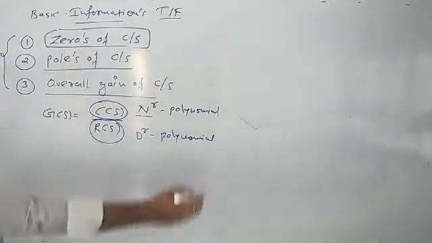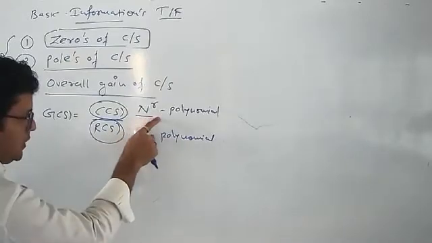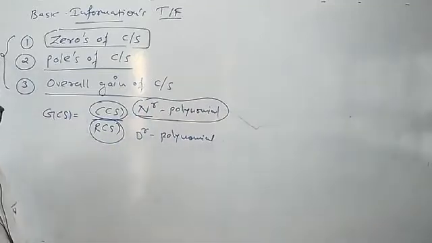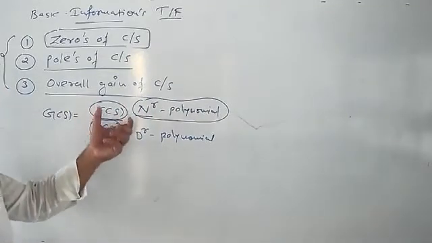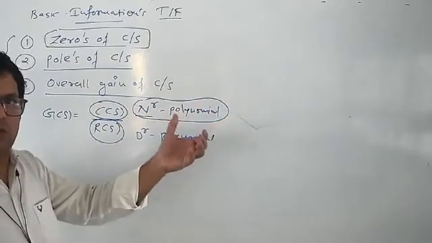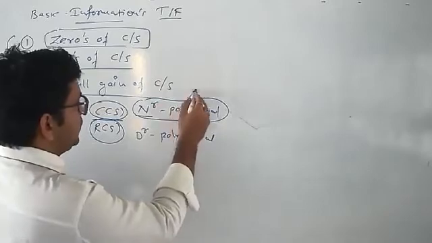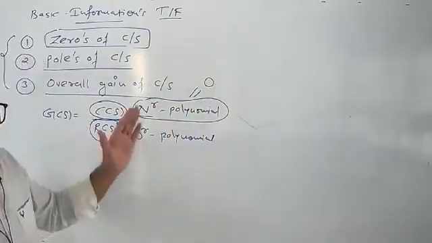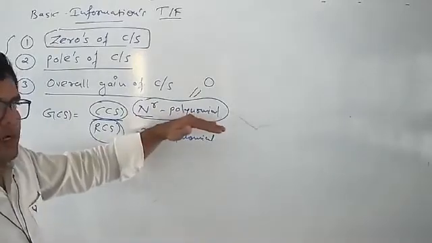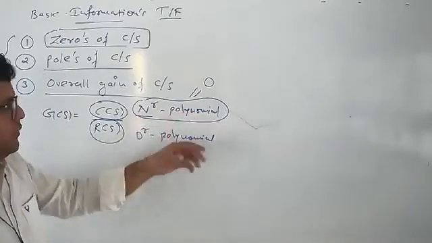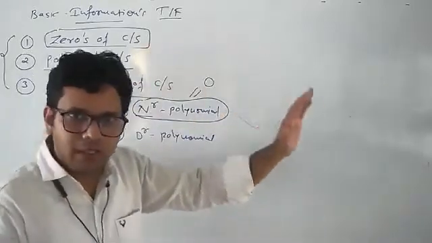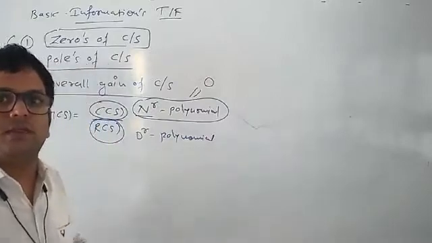Now, what is the meaning of zeros of control system? Zeros are nothing but the roots of numerator polynomial of transfer function. कहने का मतलब ऐसा है कि न्यूमरेटर में जो भी पॉलिनोमियल फंक्शन है that we have defined in terms of frequency domain, और you can say S domain, इस पर्टिकुलर इक्वेशन को अगर आप इक्वेट करोगे जीरो से और इसको अगर आप सॉल्व करोगे तो जो भी आपको एस के वैल्यू मिलेंगे, because we define this polynomial in terms of S in frequency domain, so definitely whatever the expressions which we are having with us that is in the form of S, और जब आप उसको सॉल्व करोगे तो आपको कुछ एस के वैल्यूज मिलेंगे.